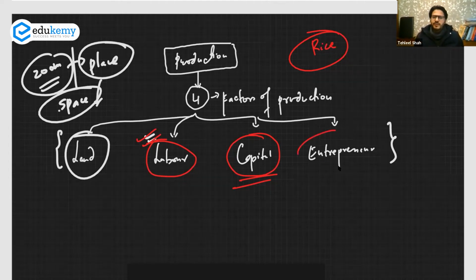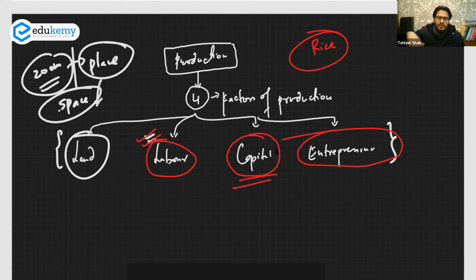And then is the entrepreneur. He is the boss behind this entire idea. Say, for example, we have CP sir and we have Shabir sir and Dev sir. These are, say, for example, the entrepreneur bosses that Edukemy has. They are the people that are actually handling all the business activities of this particular enterprise. Now, they are the entrepreneurs. Without entrepreneurs, without Shabir sir, without CP sir, Edukemy would not have been possible.